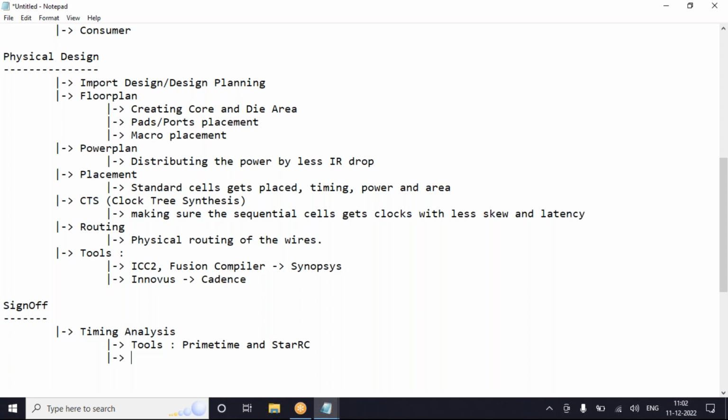Okay, I'm not discussing any of the inputs. I just gave you the basic idea of what we are going to do in our training. We'll discuss what inputs are required for physical design, synthesis, and PrimeTime in detail during our course duration. So for timing analysis, the tools are PrimeTime and StarRC.